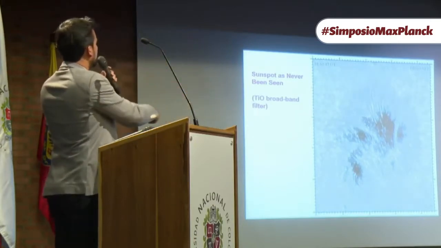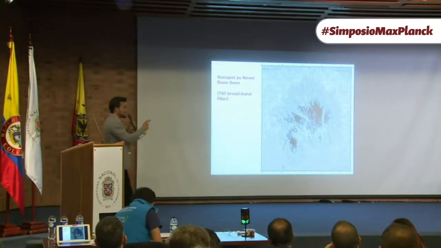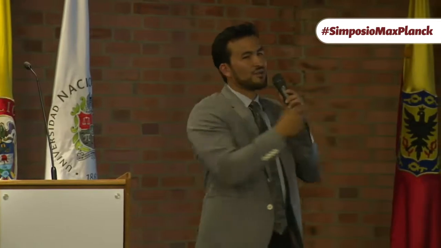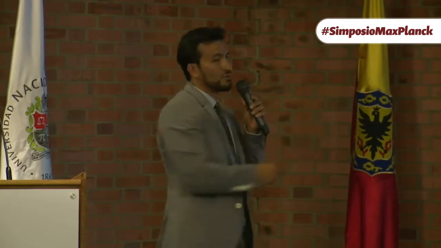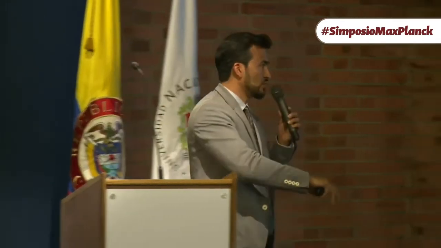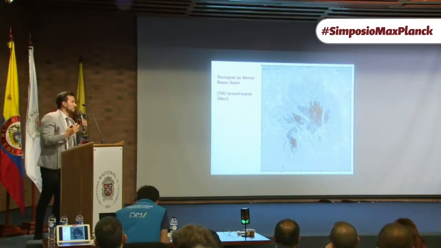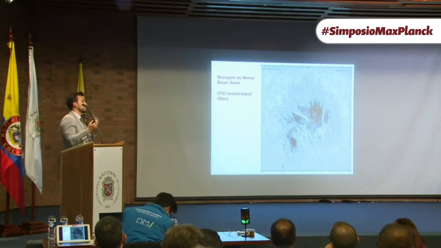So for example, this one is showing the evolution of a sunspot, and you can see how the inner part of the sunspot is not actually dark, but you have a lot of convection also taking place there. This is called nanoconvection and nanogranules. So we're trying to understand what's happening here, and you also have these structures which are called light bridges. And these light bridges are not only happening on the solar surface, but they actually go up and interact with the upper part of the solar chromosphere, and they generate basically explosive phenomena, which is what we are interested in, because the explosive phenomena on the sun can give you changes in the space weather.